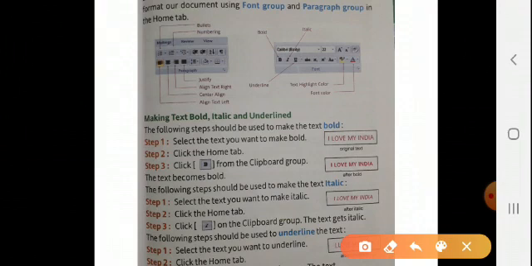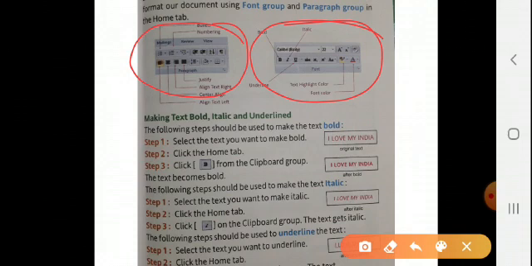We can format our document using the Font group and Paragraph group in the Home tab. Here it is given, we can see from here. Generally in formatting, we make our text bold, italic, as well as underlined. Three formatting steps are there. If we want to make our text bold, select the text you want to make bold. First step is to select it, then click the Home tab,